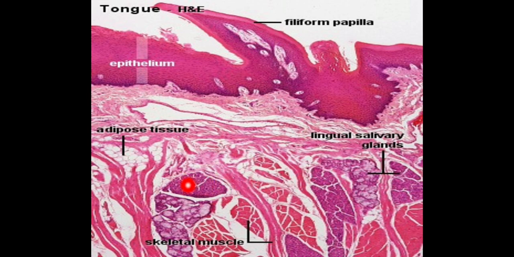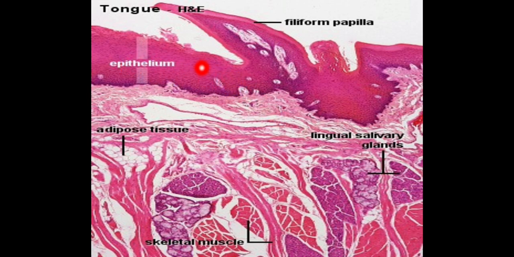So here one can find these muscles are longitudinally arranged, and these are transversely cut muscles. Along with these transversely, vertically and longitudinally cut muscles, one can find the presence of glands. Here these are the lingual salivary glands, these are the mucus type of glands, and these are the serous glands. Along with that, one can find the adipose tissue, the fat cell, the signet ring appearance cell. This is the connective tissue, and this is the mucosa.